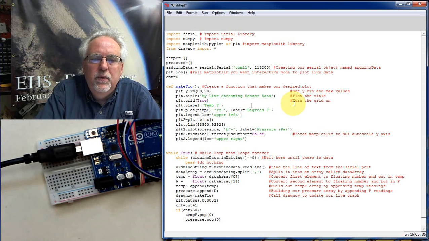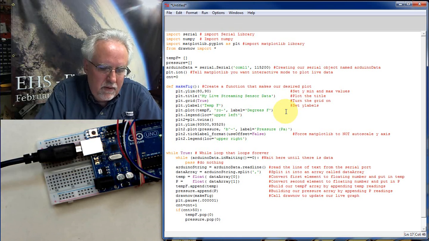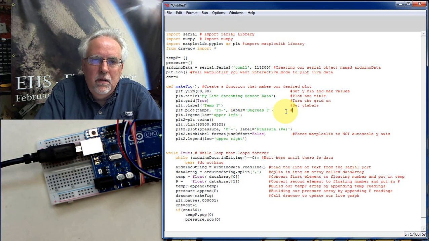And then what are we going to do here? We are going to set the y labels. Okay, and then we will plot the temperature, and then